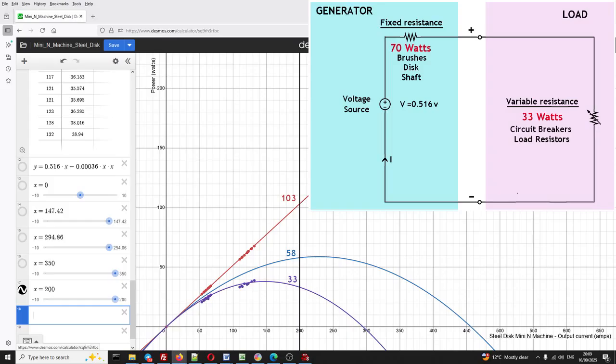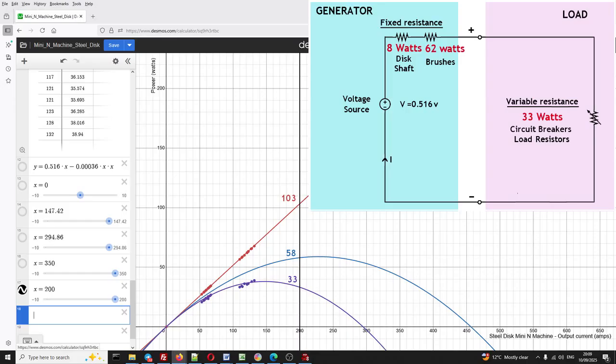So if we separate out the brushes in the circuit, it means the 70 watts can be split into 8 watts for the shaft and disc and 62 watts for the brushes. So if the brushes were redesigned such that their resistance was 1/10 of what it is now, and we add the 9/10 that was brush resistance to the load resistance, the load power would increase by 55.8 watts,